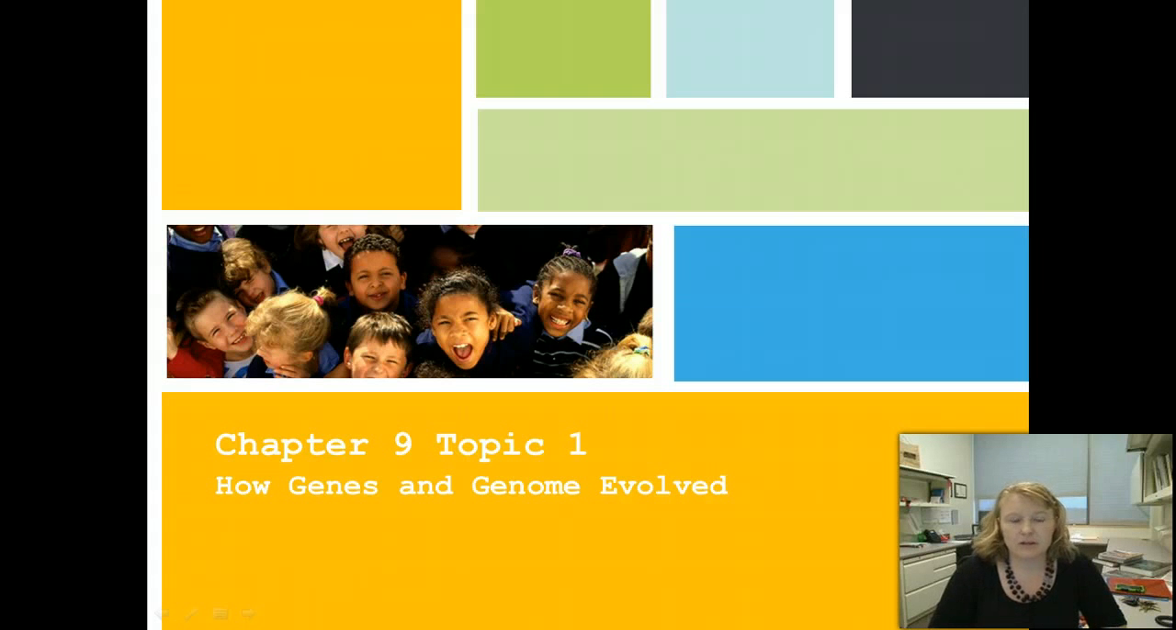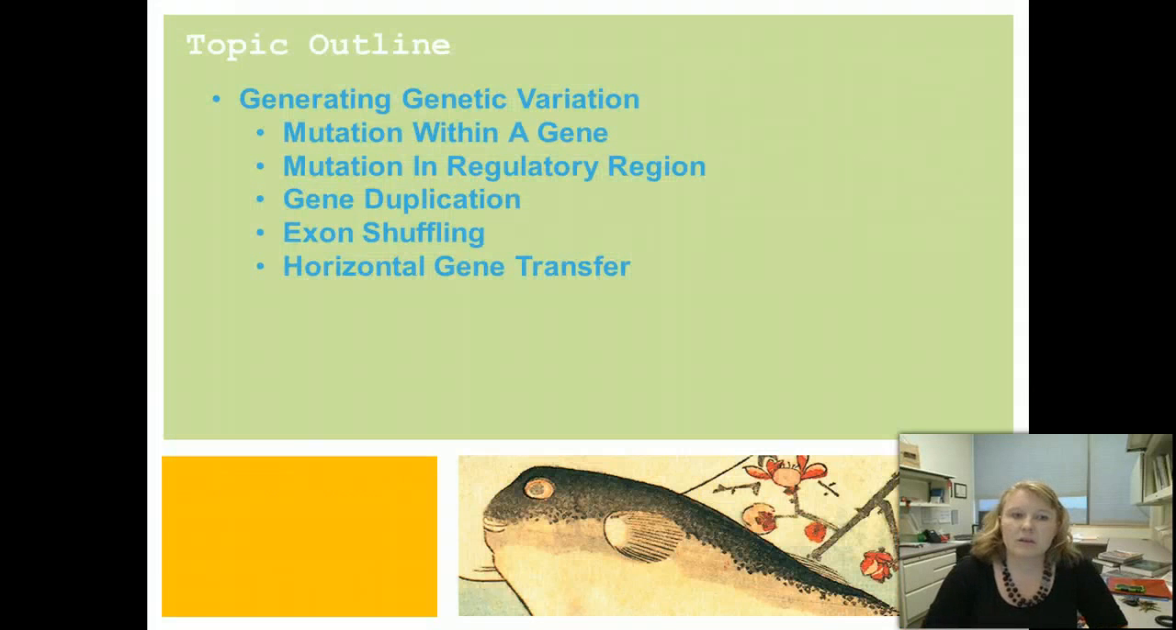So in Topic 1, we're just going to talk about how genes in the genome evolve, and then Topic 2 will move into a little bit more discussion on this. So here's our topic outline for today. We're going to talk about how we generate genetic variation. So we're going to talk about mutations within a gene, mutations within a regulatory region, gene duplication, exon shuffling, and